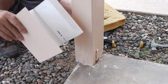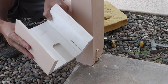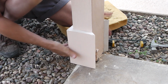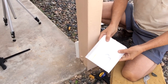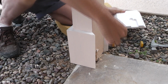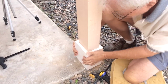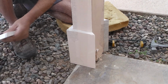Well, we're ready to put the base on this column. I got the tape off, even put a coat of paint on it. So let's see if it fits. Good. And then on the other piece, I routed that notch, if you will, for this angle bracket that's down on the bottom. I think it'll fit. Let's put some glue